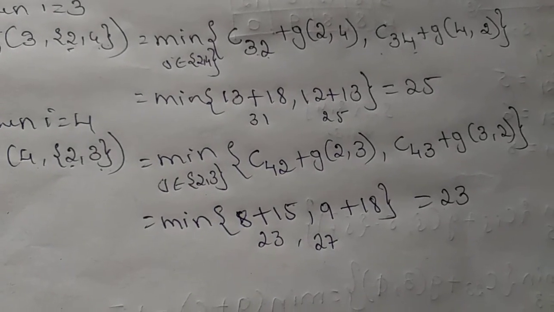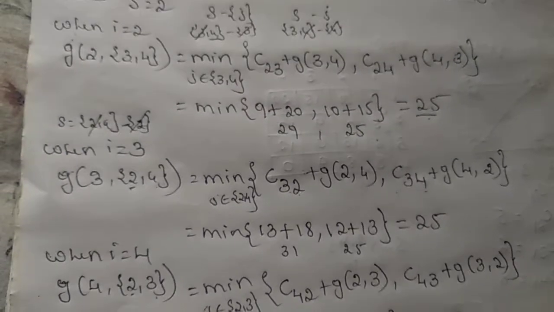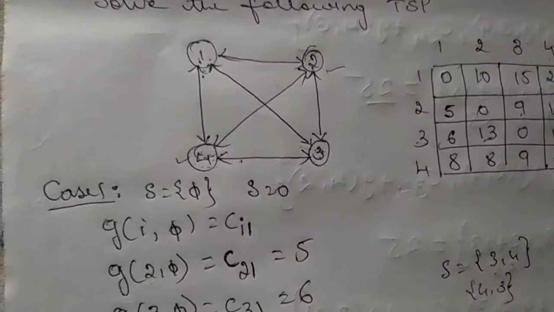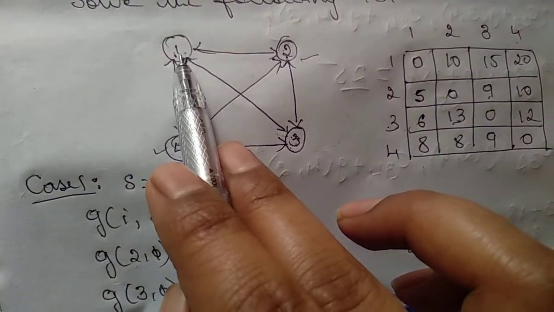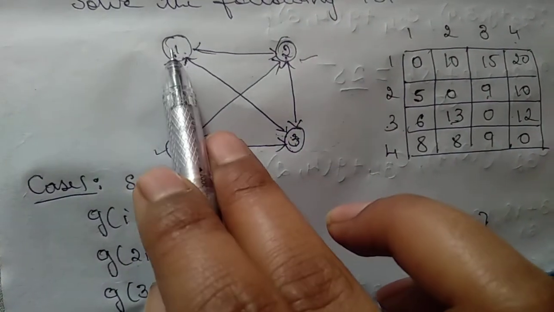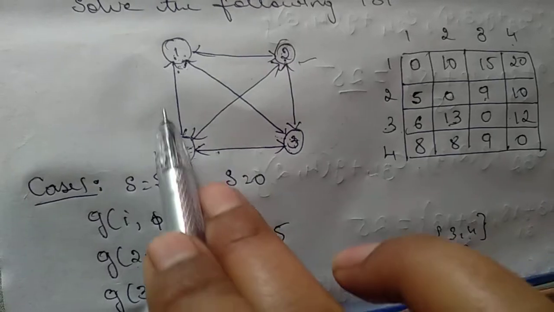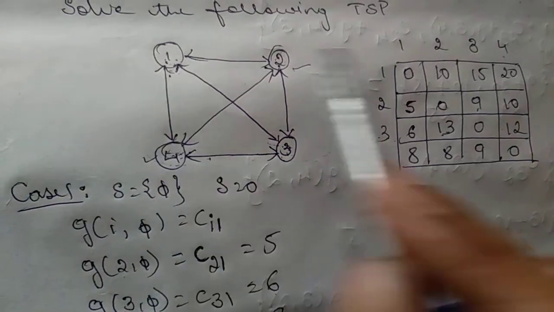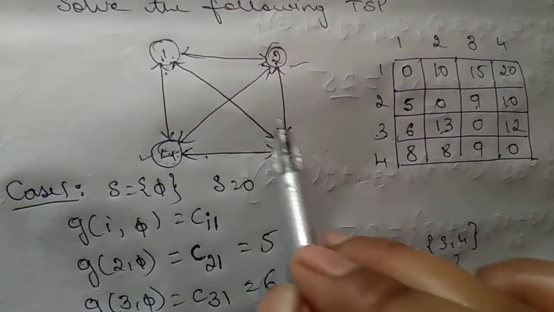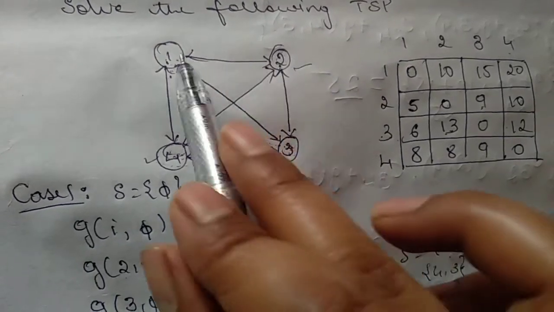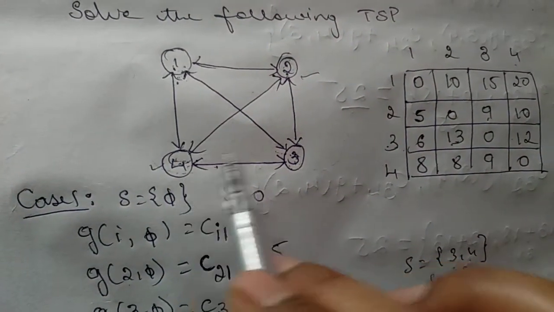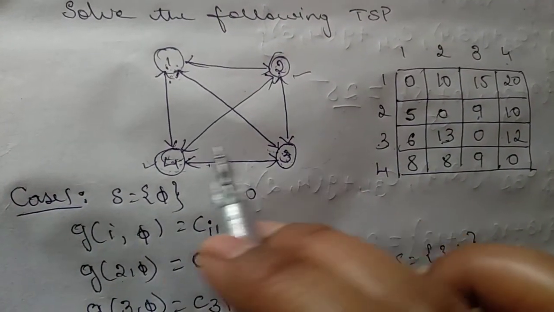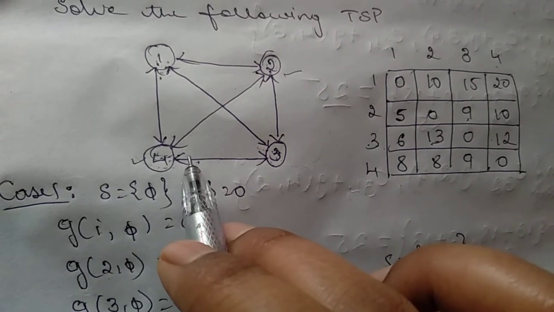Next, case 4. S is equal to 3 you have to take. This is returning back to your path. See here in case 4, starting from 1 and again it is ending at 1. You have to pass through 3 vertices, that is called S is equal to 3. From 1 to 2, 2 to 3, 3 to 4, 4 to 1. This is one path. One more path, 1 to 3, 3 to 4, 4 to 2, 2 to 1. One more path, 1 to 4, 4 to 3, 3 to 2, 2 to 1. So from 1 you can either go to 2, 3 or 4 first. Is it not? So this one we have to consider now.